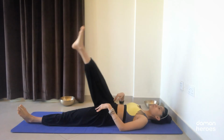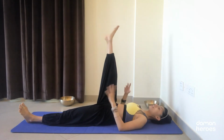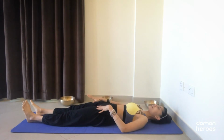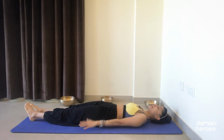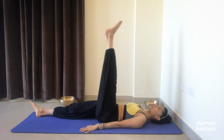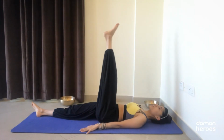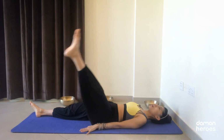Okay, so once you've done 10 in each direction, bend the knee. Take a moment, straighten the right leg, and we'll do the same on the left side. Arms by the sides, lift. So start clockwise. Again, make the circle really small if you need to, and visualize